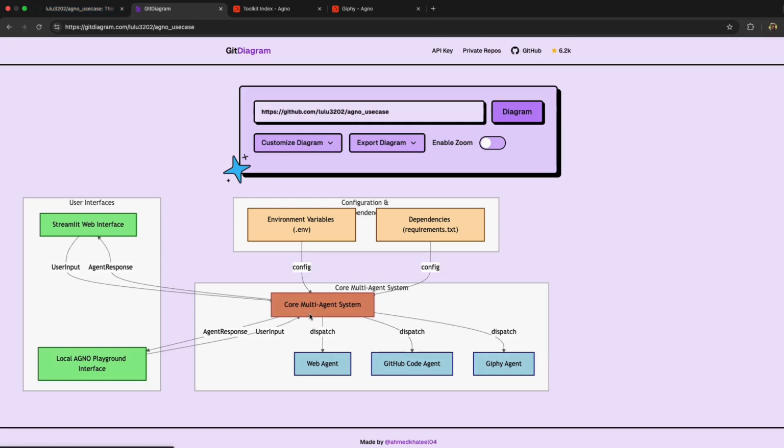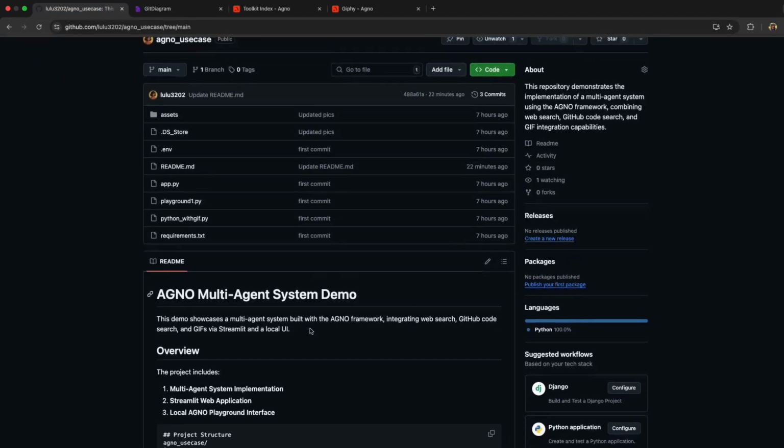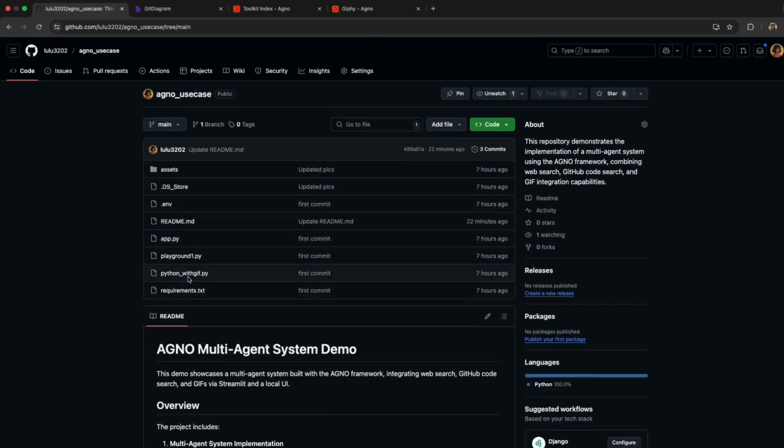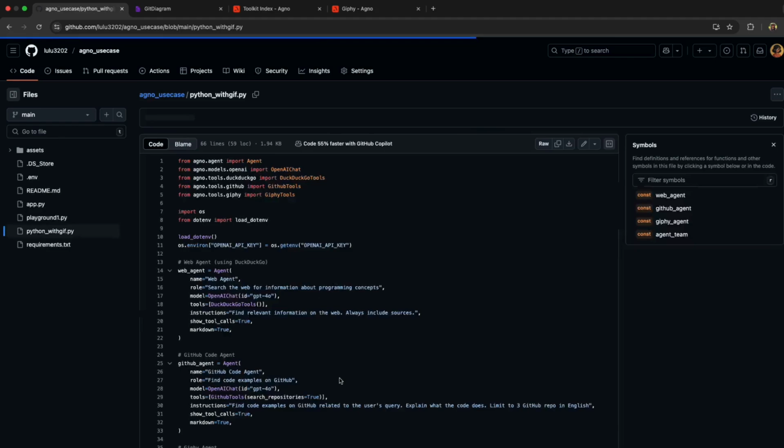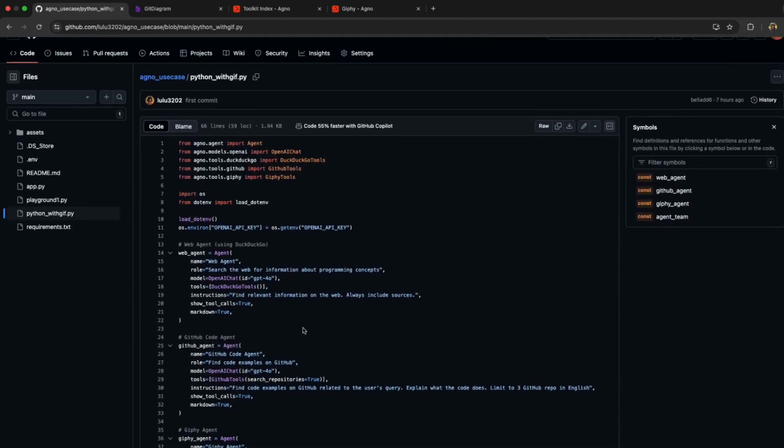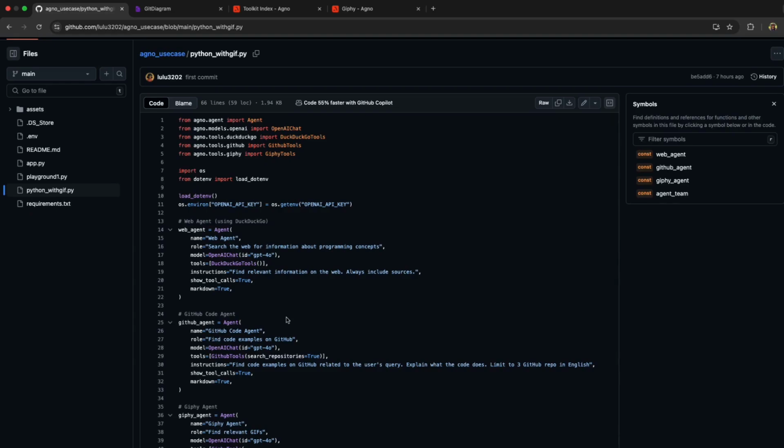We first talk about this core multi-agent system file, which is using 3 different agents: a web agent, a GitHub code agent, and a Giphy agent. We look at the Python with GIF file. This is the main file, and here all I'm doing is loading my environment key from my .env file, and then I'm using DuckDuckGo for the web agent.